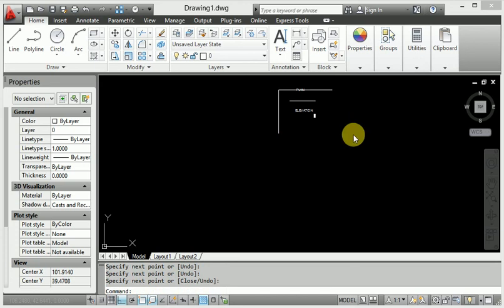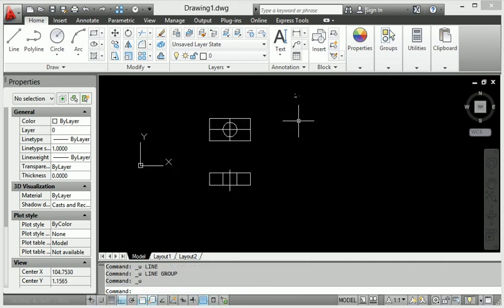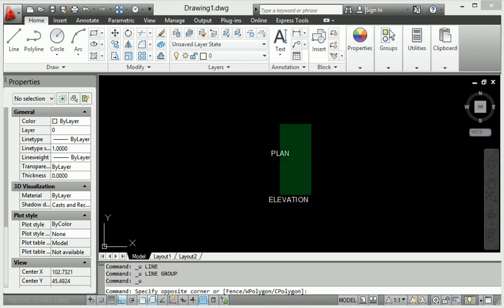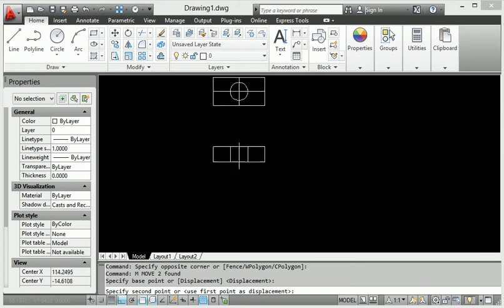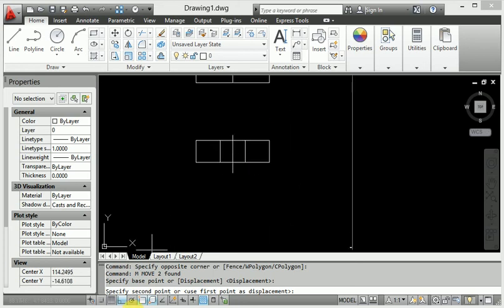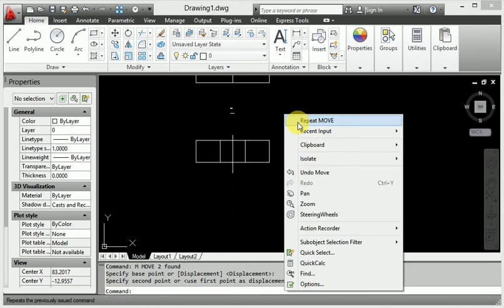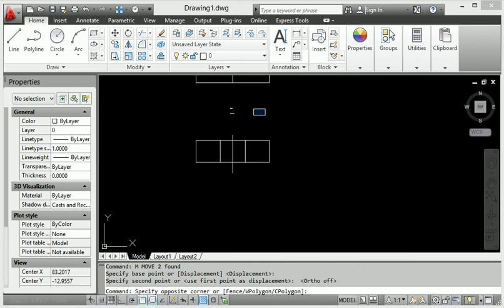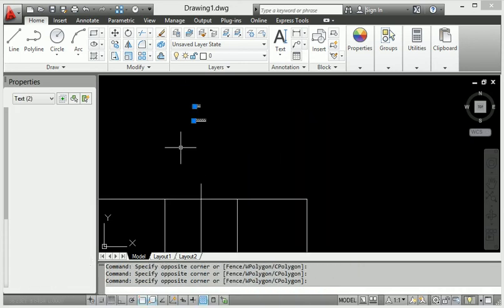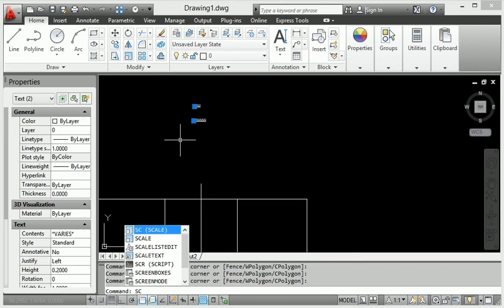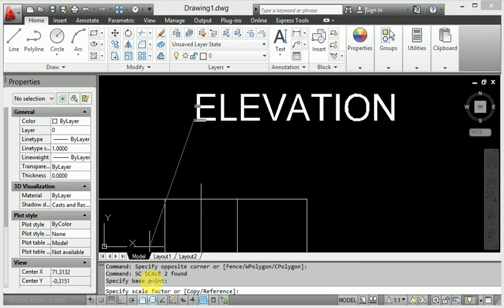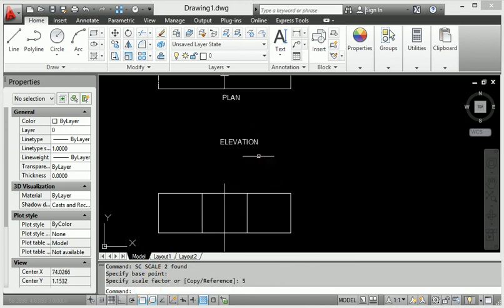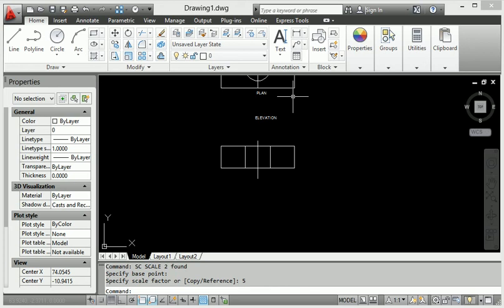When I select this all member, when I get move here, and now taking this area. When I want to increase the size, so first of all select this rectangle and go to scale, SC enter, and provide the scale here 5 mm. So looking that's increase for plan also.